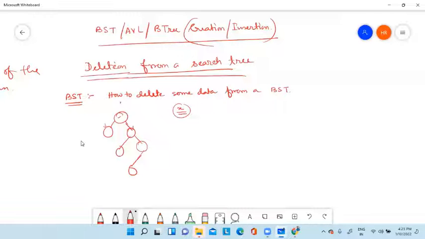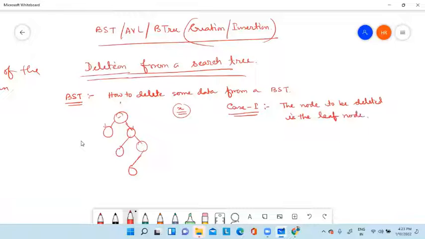Okay, so now see how to delete a node from a binary search tree. And remember, there will be three different cases, or you will face three different cases. Case number one, the node to be deleted is the leaf node.